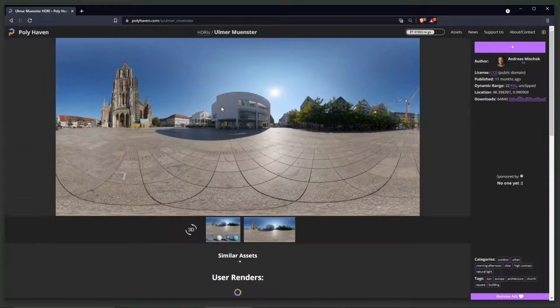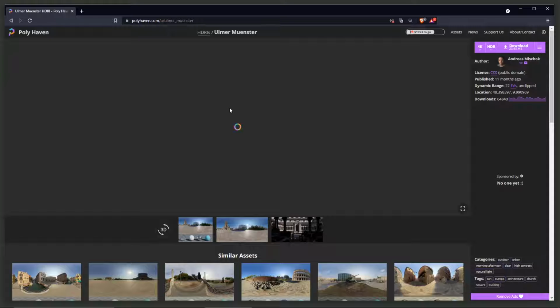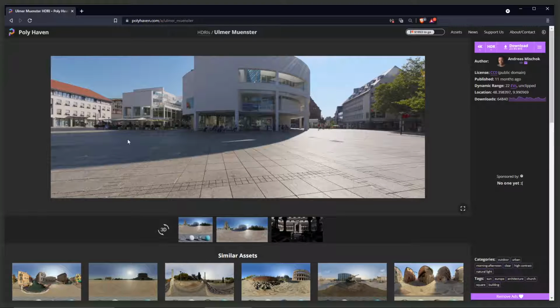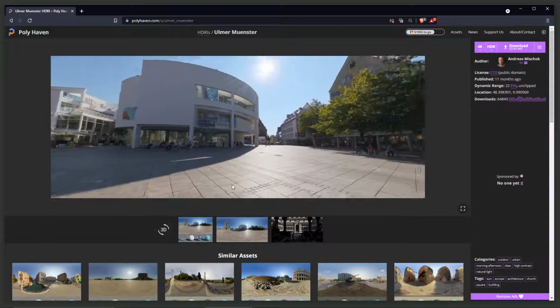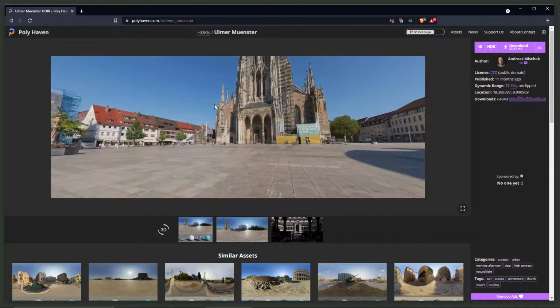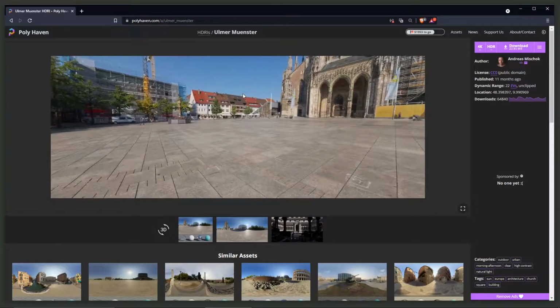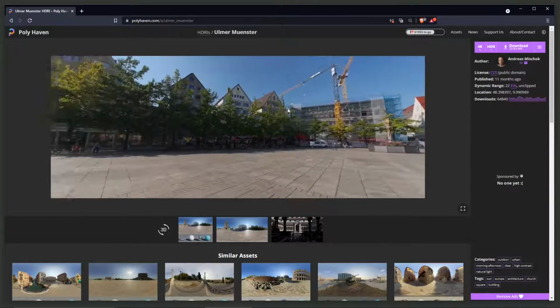So if I click here, this is looking like a flat sphere. And if I click on this 3D view, it's gonna show me here in the website how the image is gonna look when I'm going to place it in a 3D software. So I can actually move around and I can see that I am like inside a sphere. I'm in a kind of virtual reality situation here where I can move my